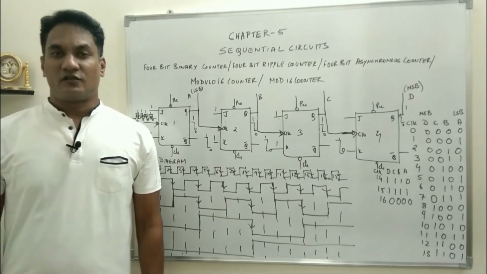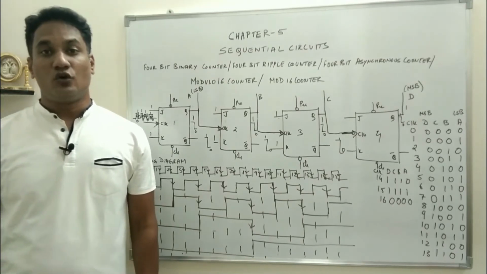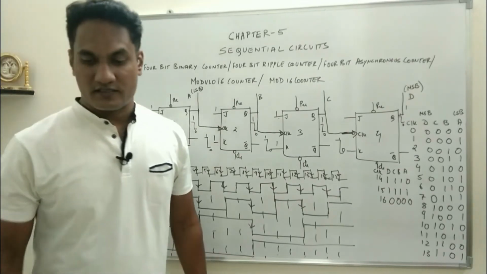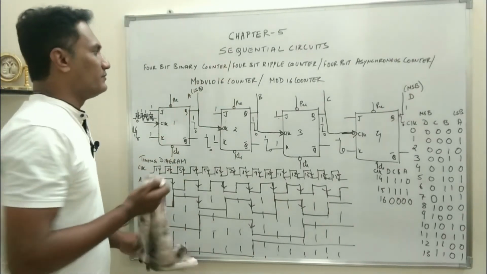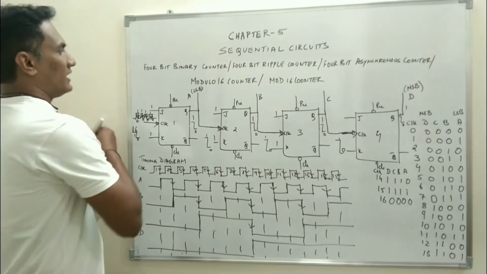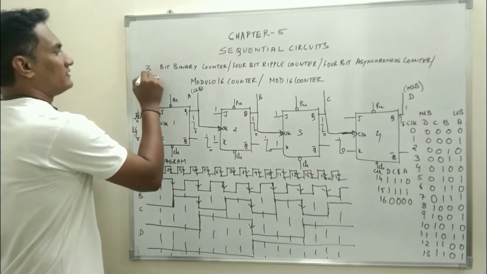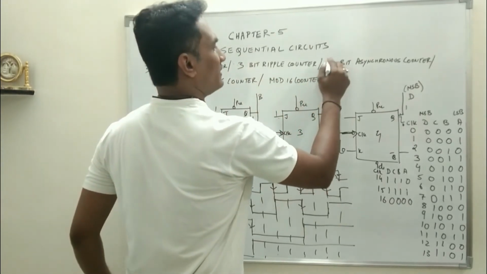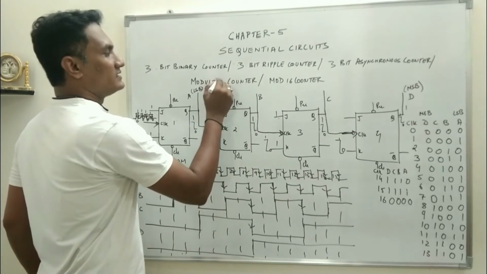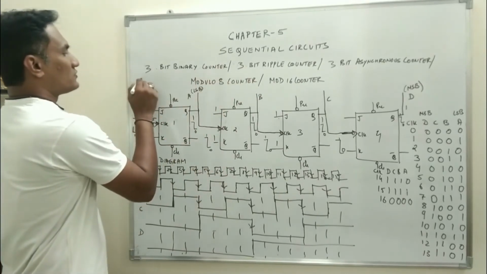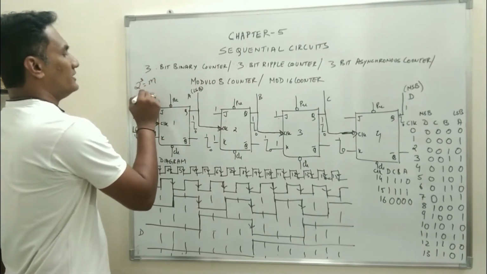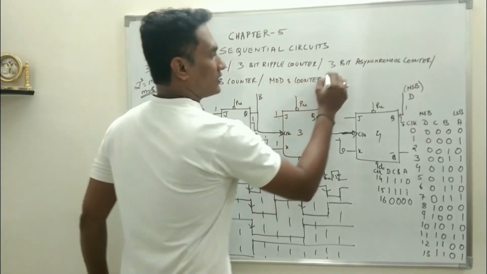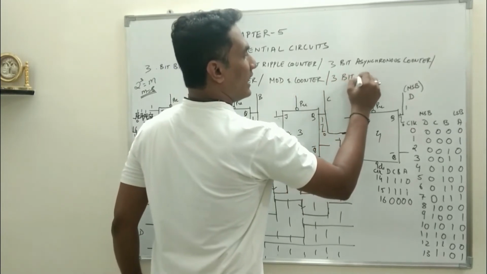The next circuit which we'll try to understand is a modulo 8 counter, or the same circuit can be called a 3-bit up counter. Of course, all these names refer to the same thing. If I write 3-bit instead of 4-bit, the name will remain the same. So how many discrete states? If it is 3 bits, then 2 raised to the power 3 is equal to m, so m will be equal to 8, so it will be a modulo 8 counter.